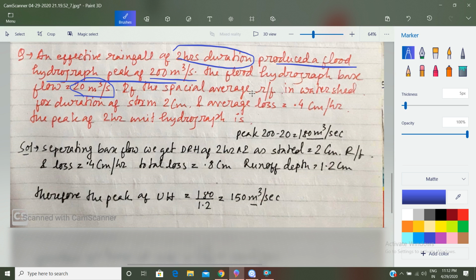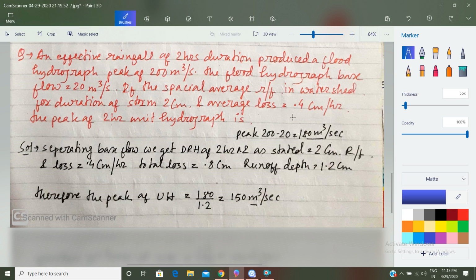If the spatial average rainfall in the watershed for the duration of the storm is 2 centimeter, this is not direct runoff, this is a precipitation depth. Now the average loss is 0.4 centimeter per hour, and the peak of the 2 hour unit hydrograph is required. We are required to get a unit hydrograph from a flood hydrograph. So what we have to do,